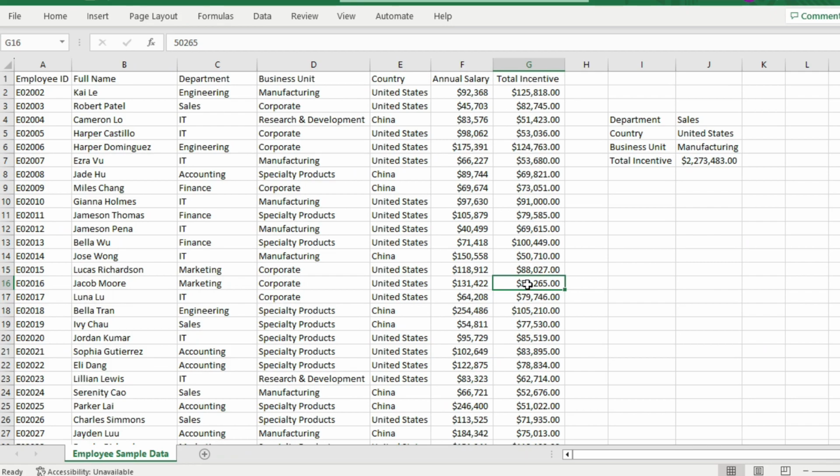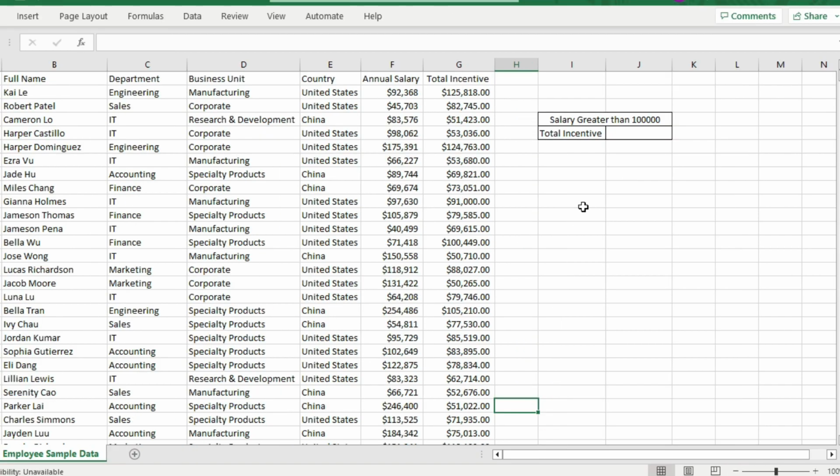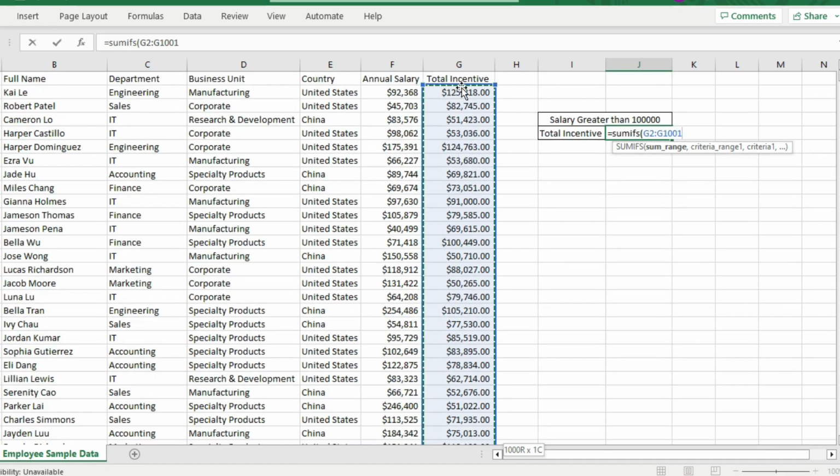Having understood the basics of the SUMIFS function, let's now move a step forward and see how we can use logical operators with the SUMIFS function to add values based on multiple logical conditions. For example, I want to add the total incentive for only those employees whose annual salary exceeds 1 lakh. So in that case, I will use the SUMIFS function. My sum range will be total incentive again. The criteria range will be annual salary,